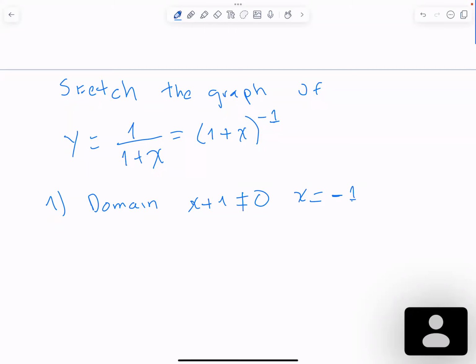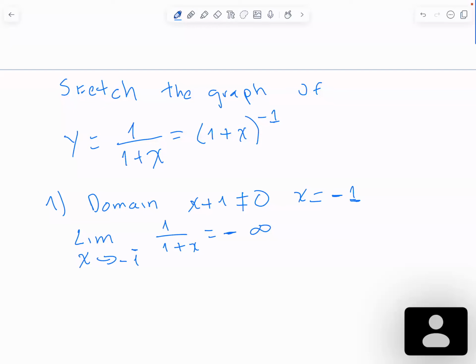Now, I'm going to test it. Probably this is a vertical asymptote. I'm going to test the limits on the left side and the right side of the function when x approaches negative 1. The limit is going to be the limit when x approaches negative 1 from the left side of 1 over 1 plus x. I know the answer is going to be infinity, but I don't know if it's going to be positive or negative infinity. If I approach from the left side, suppose negative 1.01, this is going to be negative